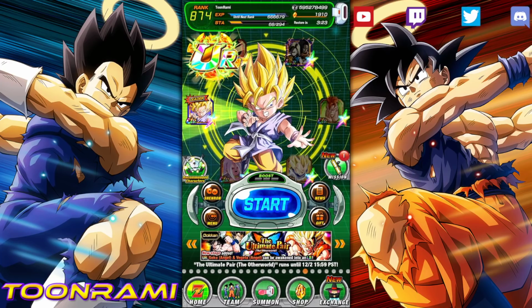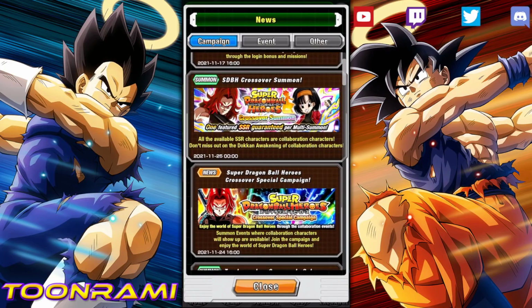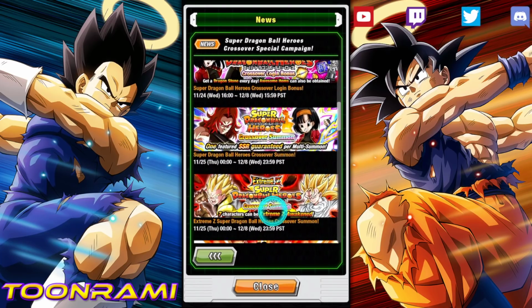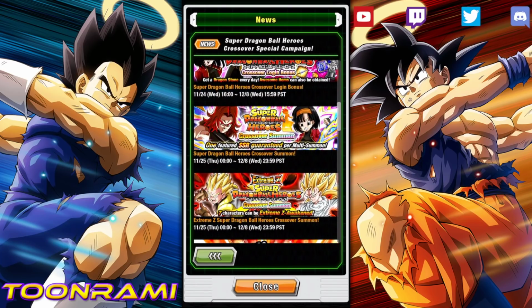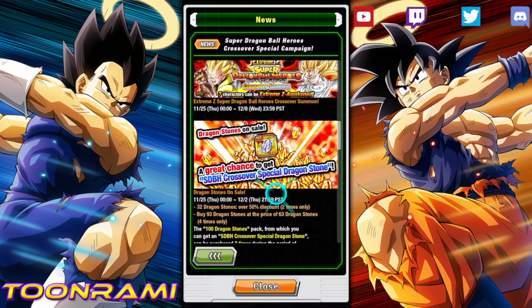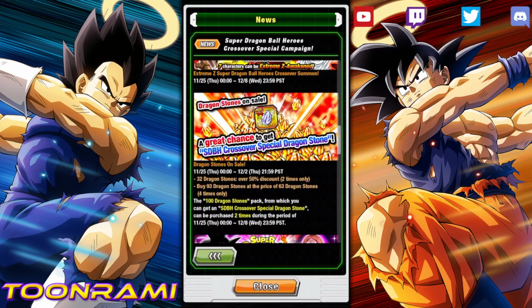Alright folks, let's talk about this brand new special Dragonstone that has become available during the Dragon Ball Heroes celebration. If you guys are low spenders, moderate spenders, then you might have already come across this in your stone shop sales. If you took a look here, we have the 32 stones, 50% off, 93 stones for the price of